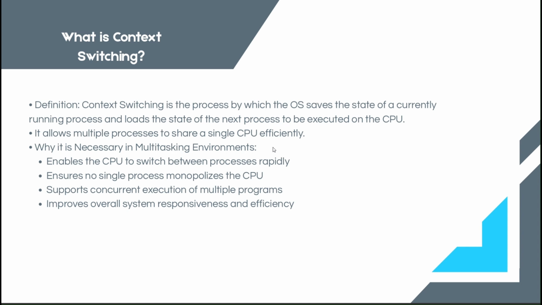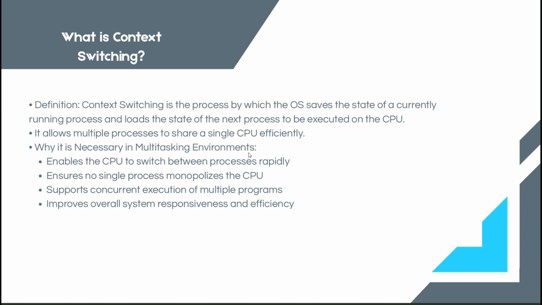Context switching is extremely important in a multitasking operating system. It ensures that every process gets a fair opportunity to use the CPU. It prevents one application from occupying the CPU continuously. It also improves system responsiveness because the interactive application receives CPU time quickly. Without context switching, multitasking would not be possible. We would have to close one application completely before opening another one. Modern computer systems such as Windows, Linux, Android, and Mac all rely heavily on context switching to provide a smooth